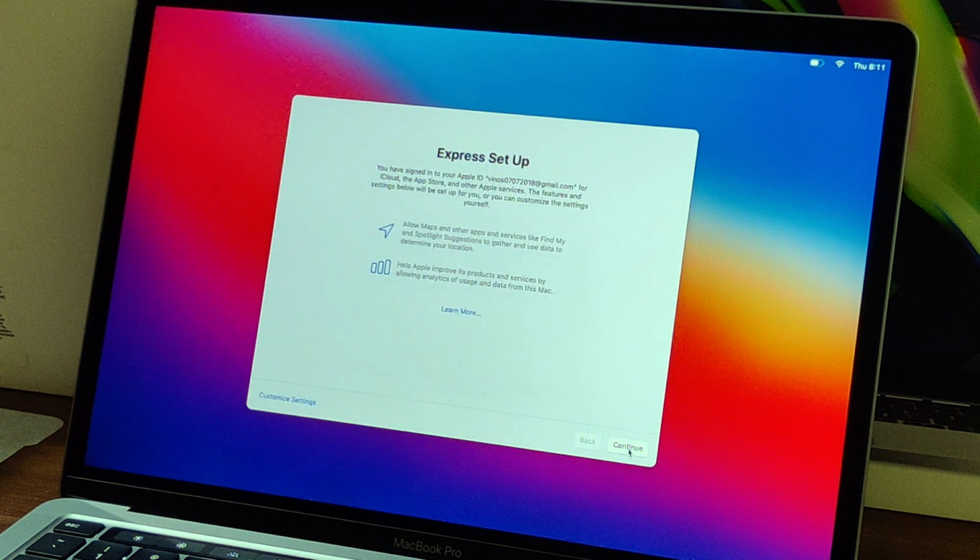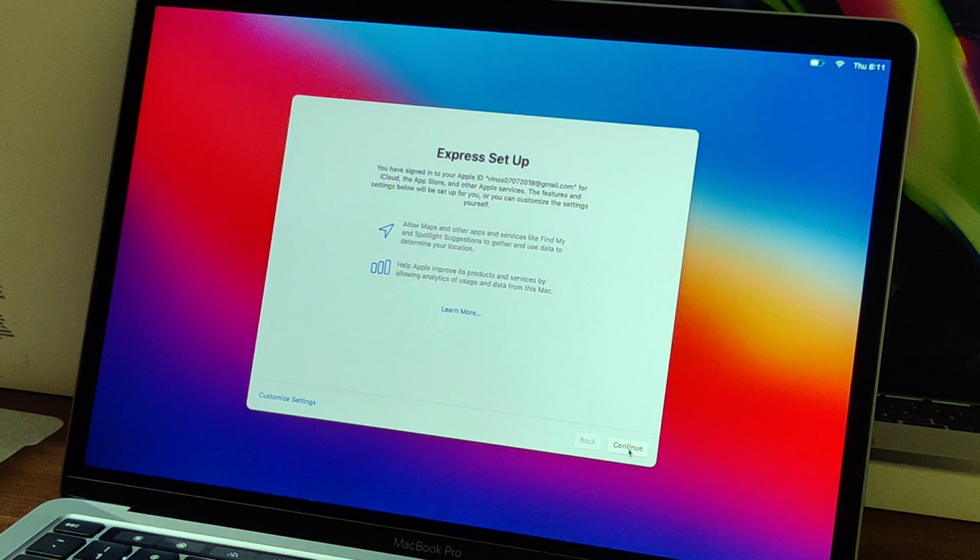Next step in the process, Express setup. There are some features that are most likely to be enabled or set to particular things by default, like location services. They are better to be enabled unless it is very confidential, for very few cases, and health tracker, Touch ID authentication on Apple Pay, iCloud diagnostics, etc. So this feature will enable you to set up all of them at once. You can click on each of them and go through, or disable or enable apart from whatever Apple has given you to do so.